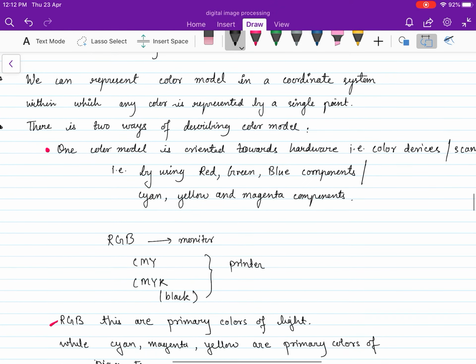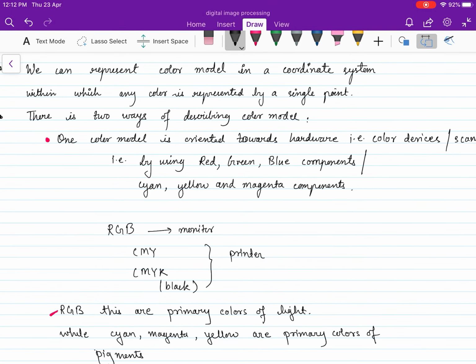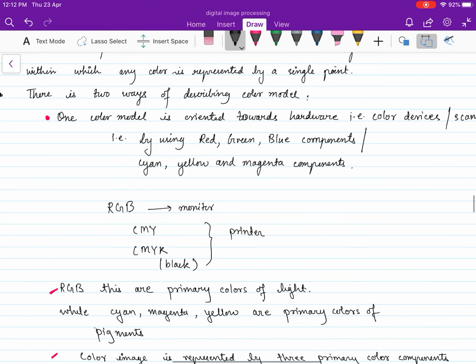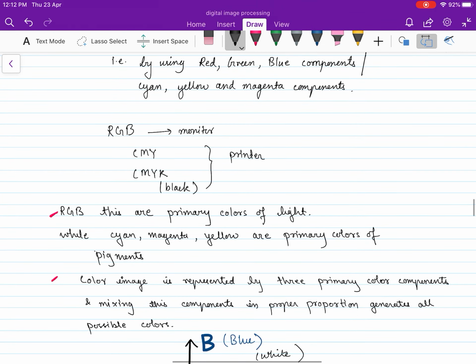RGB is used in monitors, and cyan, yellow, magenta and black are used in printers. RGB are the primary colors of light, while cyan, magenta, yellow are the primary colors of pigments. We will be discussing this in the next class in more detail. Here is just an overview.